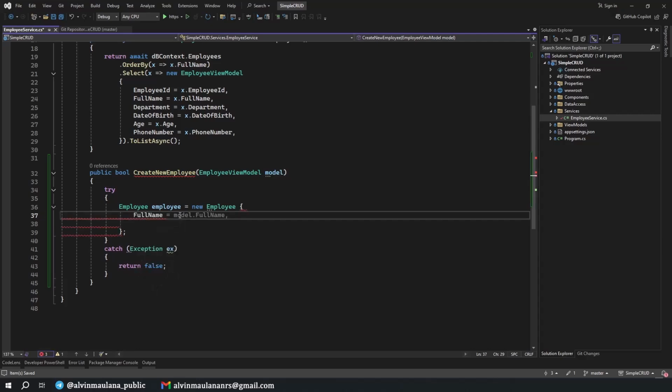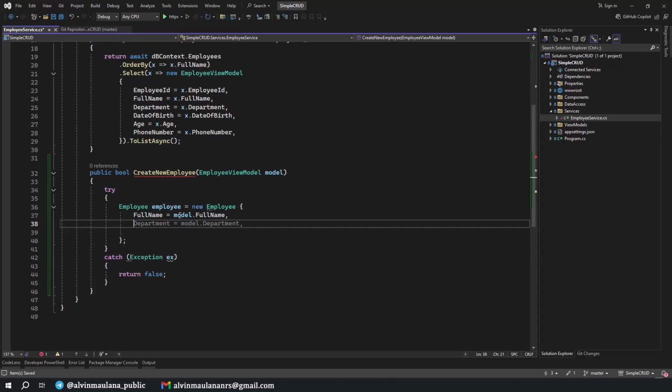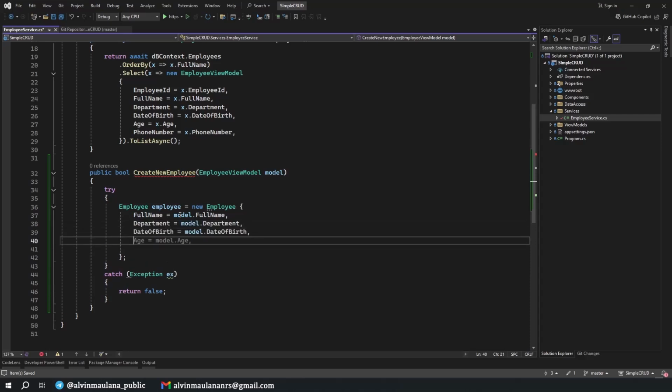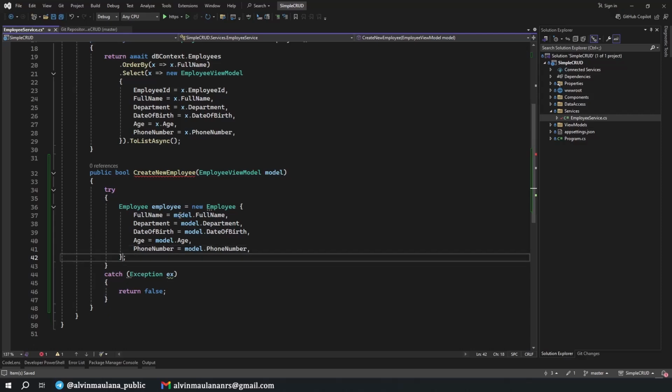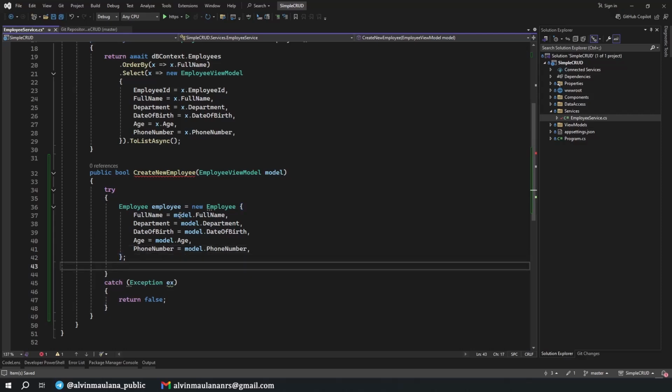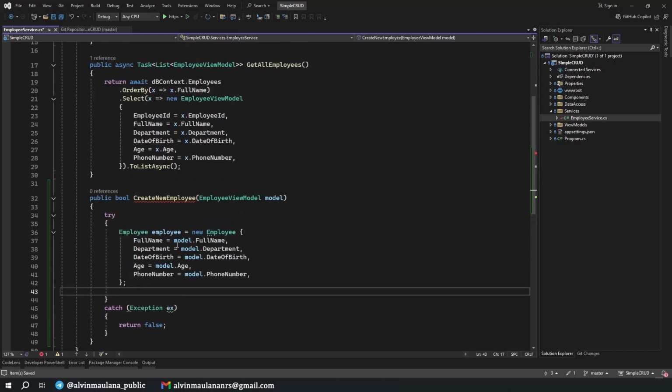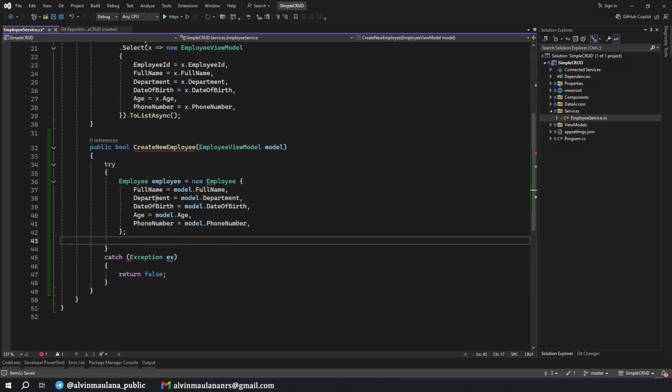First, it's full name, from model full name. Okay, nice. Department, date of birth, age, and phone number. Okay, thanks to Visual Studio for helping us autocomplete that. We're not mapping the ID because ID is automatically created when we submit this data into the database.